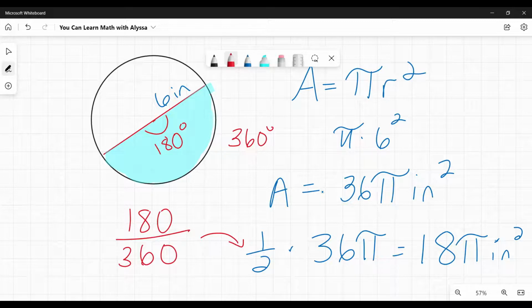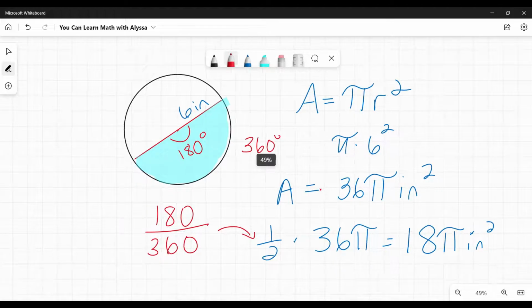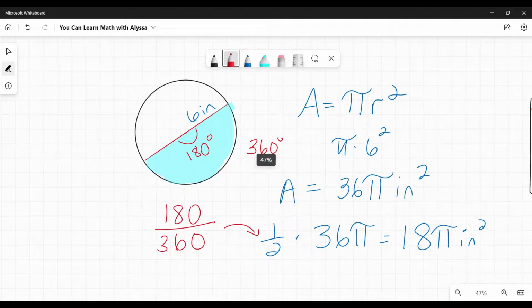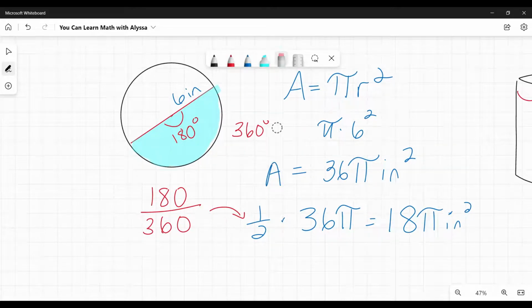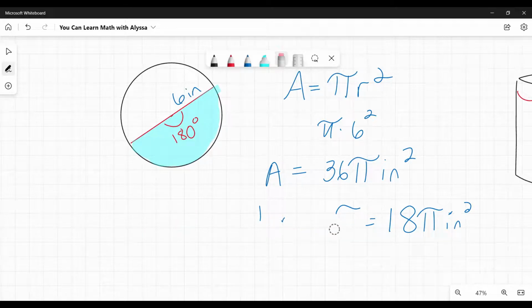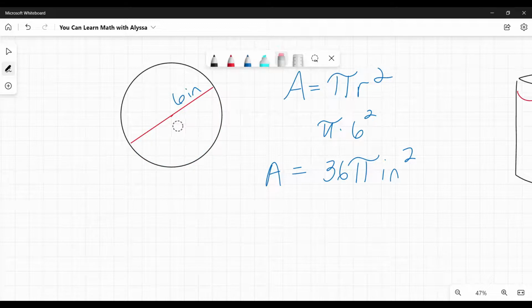That's it. That's where that half came from. We didn't just look at it and go, oh, it's a half a circle. Well, we did, but you know what I mean. It came from saying 180 over 360. So that is the principle. That's the process we're going to use no matter what angle. So let's leave, I'm going to erase this bottom one. I'm going to leave that 36 pi inches squared because I'm not changing the circle,